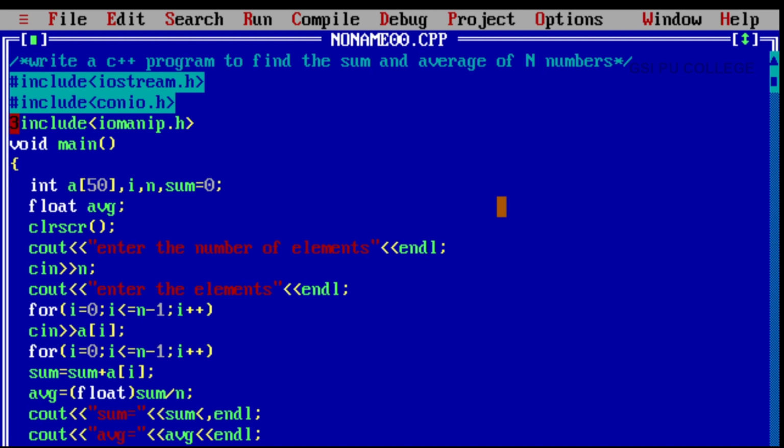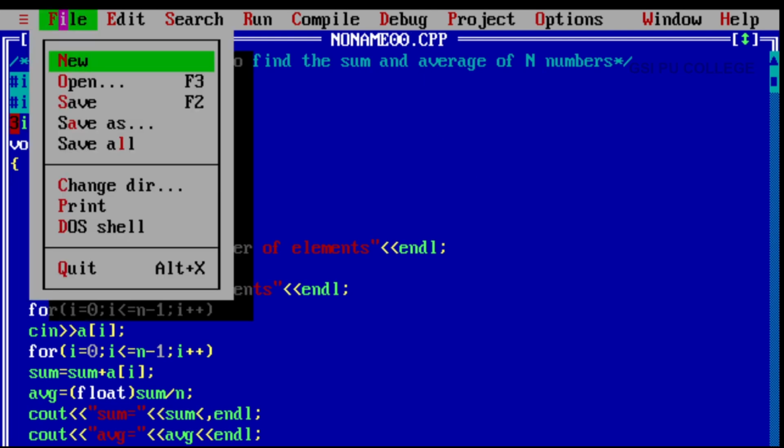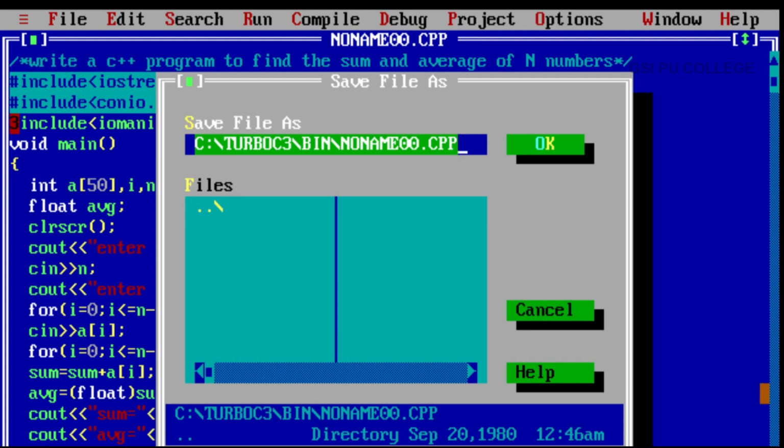So, before compiling this file, let us save it. Click on File, Save option. Here I am going to directly save this program. This is experiment .cpp.